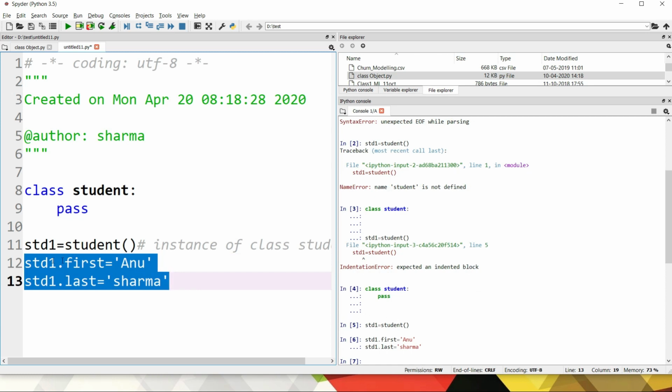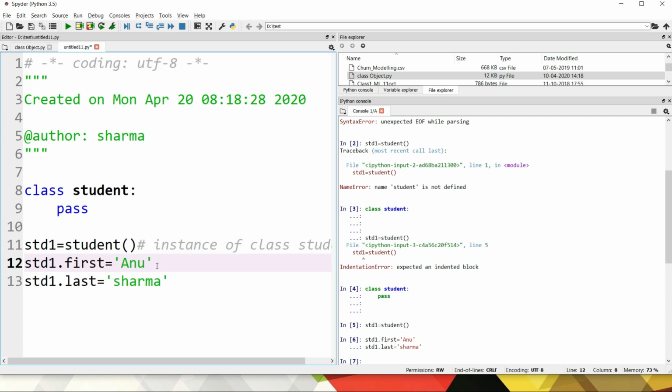These are actually instance variables because these are unique to every instance created. So the student one who came in my class, her name was Anu Sharma. But it is not necessary that student 2, whoever comes to my class, has the same name. Of course, that is not possible even. So these are called instance variables, and the value of these instance variables is unique to that instance.